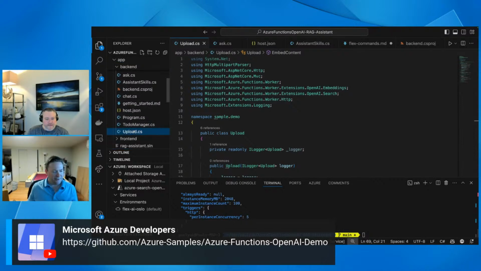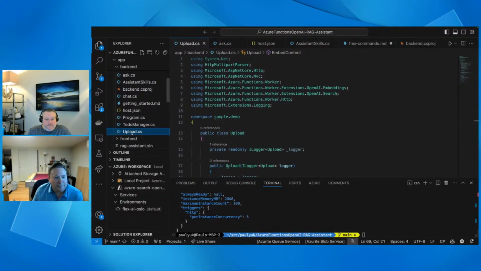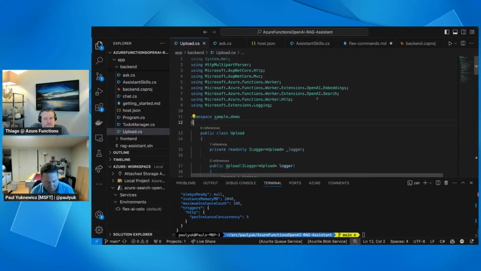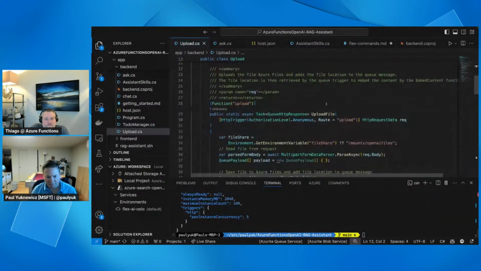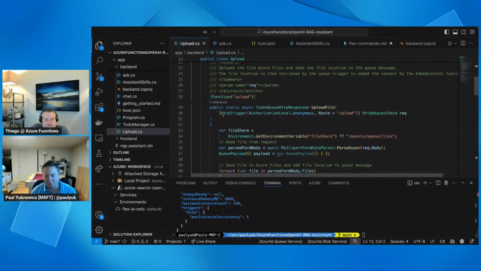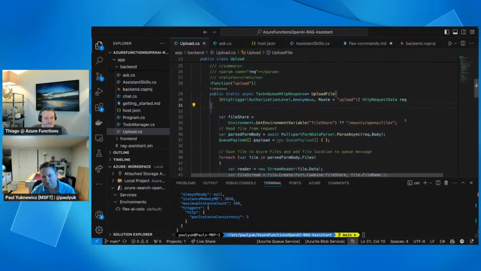So we have a few different files, and I happen to do it in C#, but use any of the Functions languages that make you happy. Let's focus on upload. To upload and ingest the data, at first it just looks like business as usual with Functions. I'm going to have an HTTP trigger where I'm going to send files and file streams as a POST.